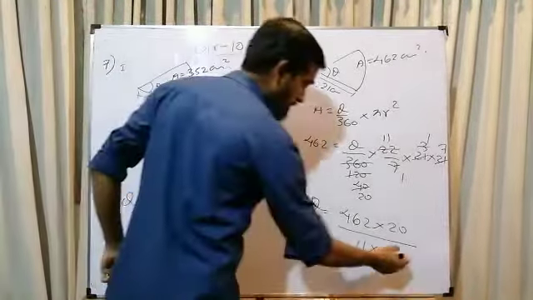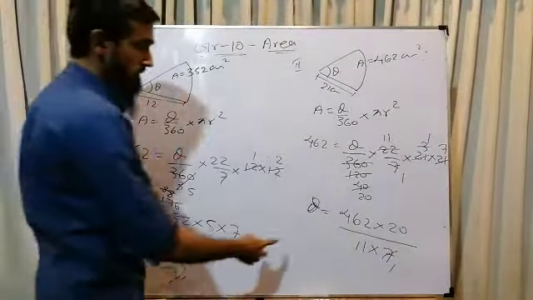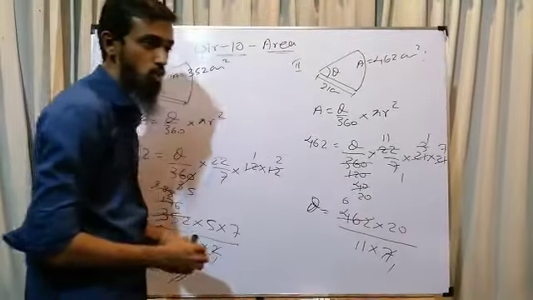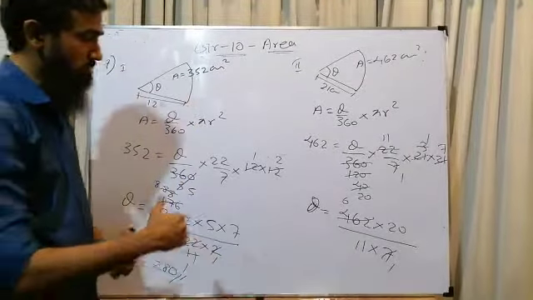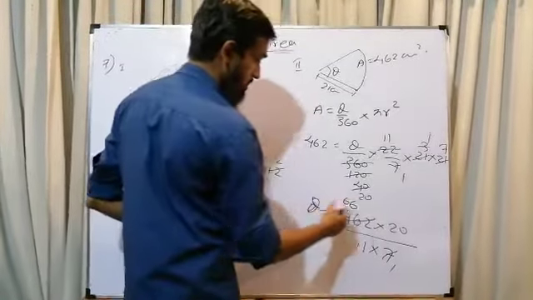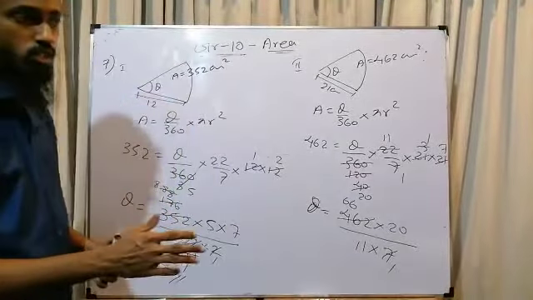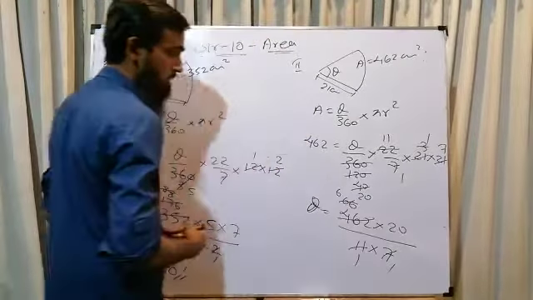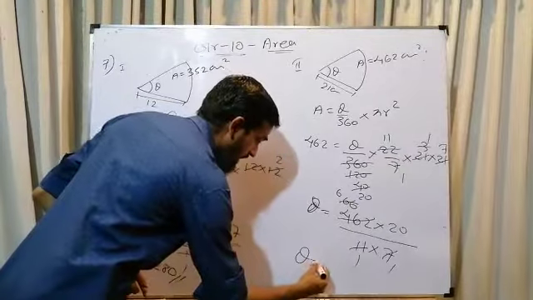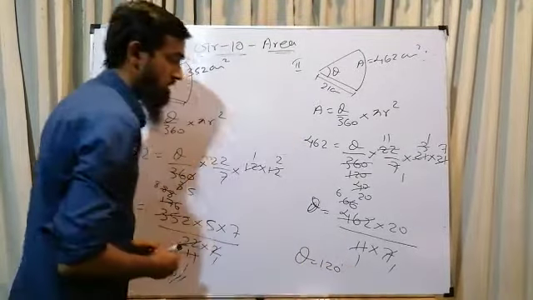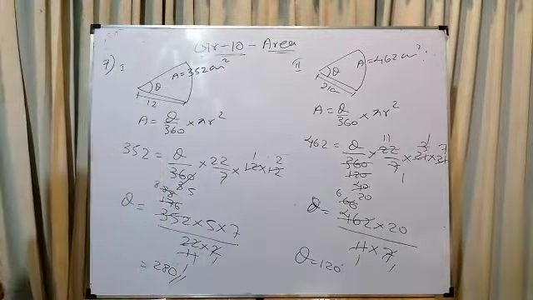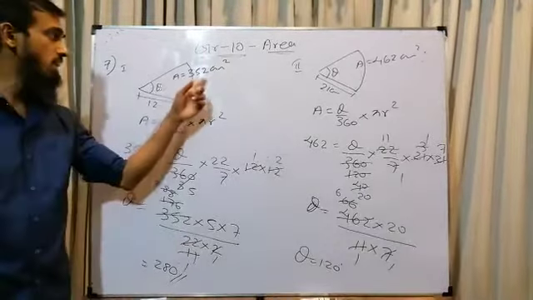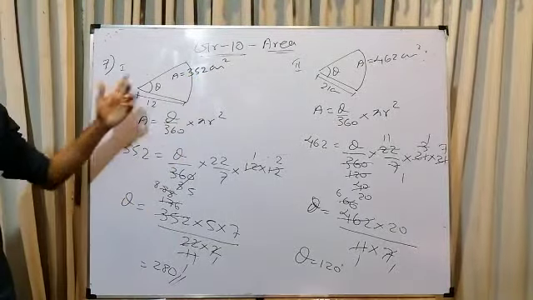So 7 times 1 we can divide it. 46 in 46, 7 is 6 times, it's 42. Still a 4 is remaining, another 42, so another 6 times. 7 into 6, 42. So we can divide. Now you can check. 11 times 1, 11 times 6. So 6 into 20, the angle is 120 degrees. So with the radius and the area, we can find the angle at the center.